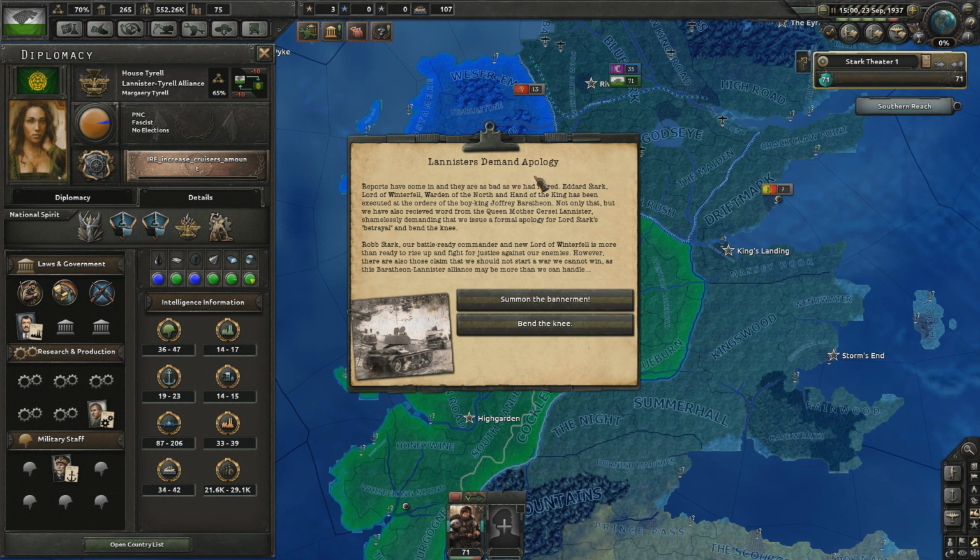Lannisters demand apology. Here we go. Reports have come in that they are as bad as we feared. Ned Stark, Lord of Winterfell, Warden of the North, and Hand of the King, has been executed at the orders of the boy king, Joffrey Baratheon. Not only that, but we have received word from the Queen Mother, Cersei Lannister, shamelessly demanding that we issue a formal apology for Lord Stark's betrayal and bend the knee. Robb Stark, our battle-ready commander and new Lord of Winterfell, is more than ready to rise up and fight for justice against our enemies. However, there are those that claim we should not...